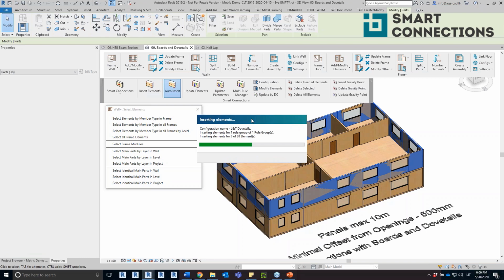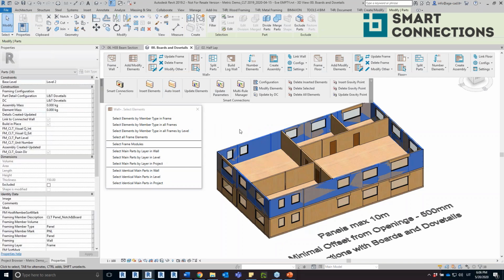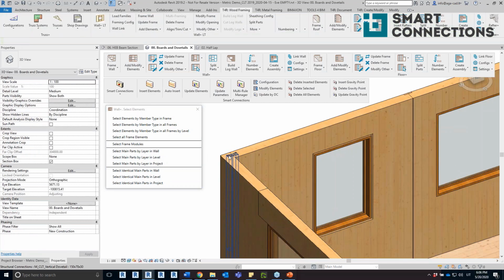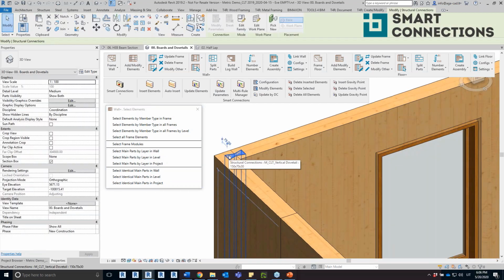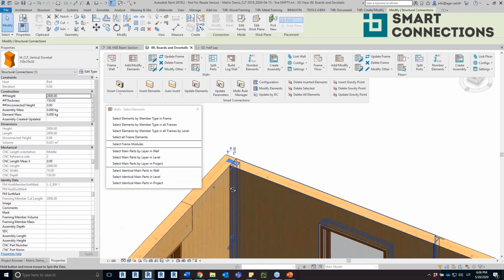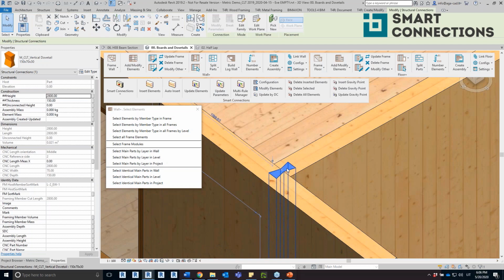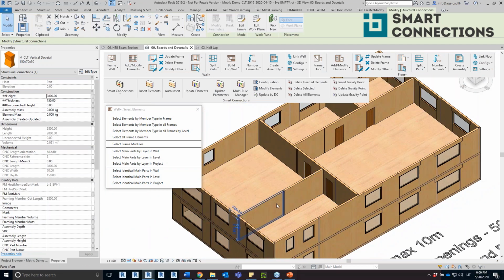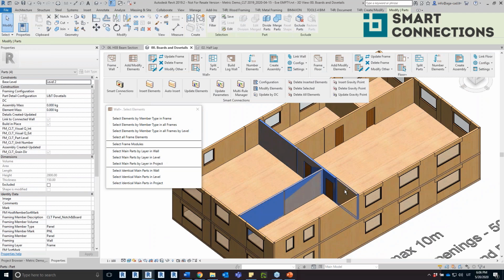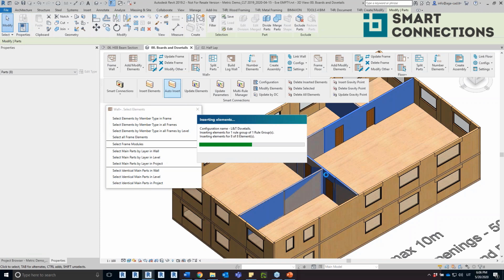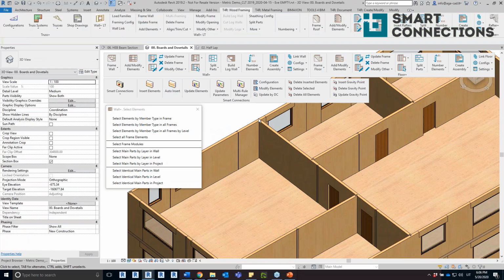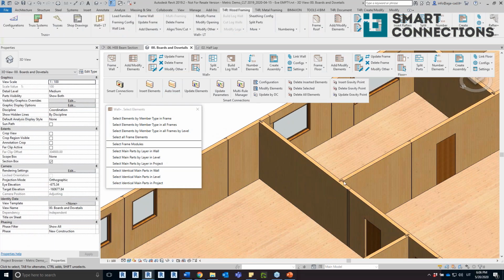The software will automatically find all of the L and T connections, and it will distribute the structural connection elements, so dovetails, to all of the selected L and T connections, as you can see. So right here, I have a dovetail added to all of the L connections and T connections as well. And now I can do the same for the interior walls. Again, auto insert. It will find the T connections with the exterior walls, also between the interior walls, and it